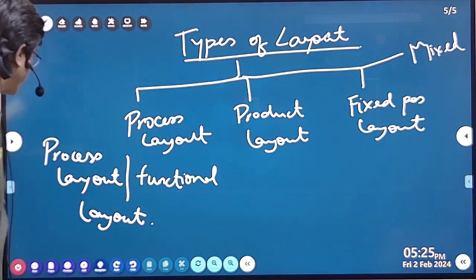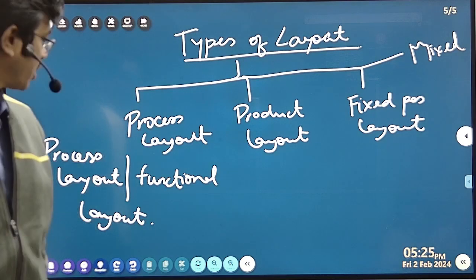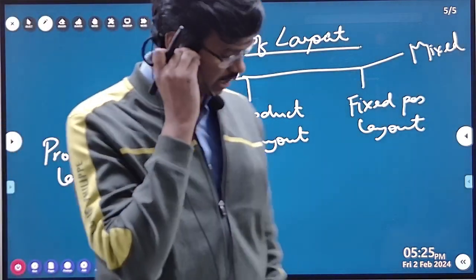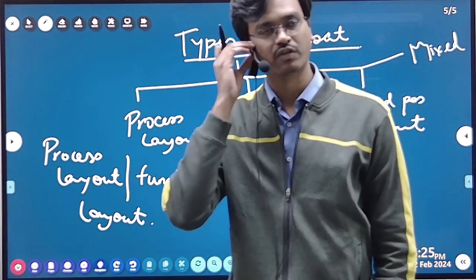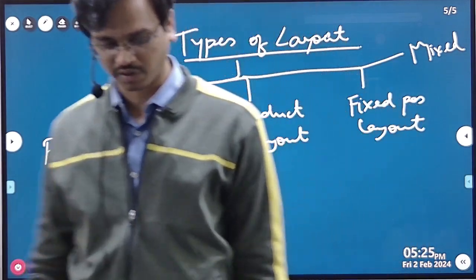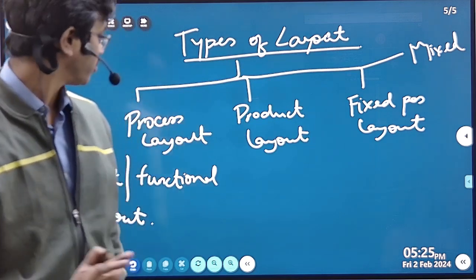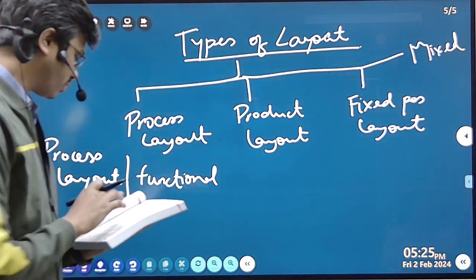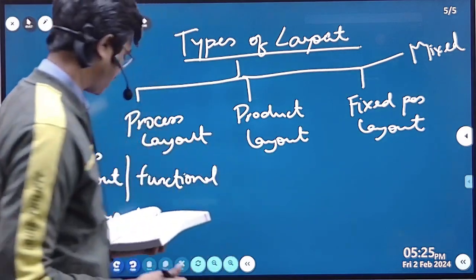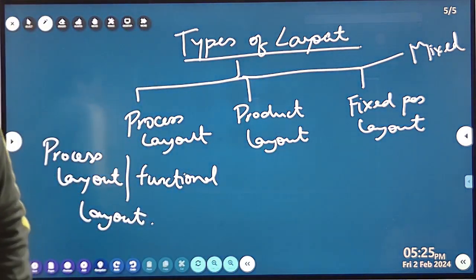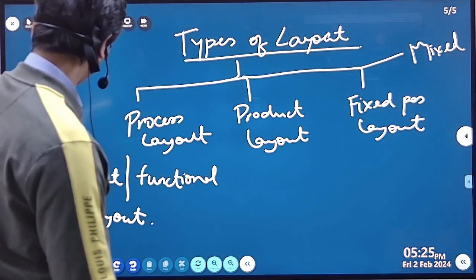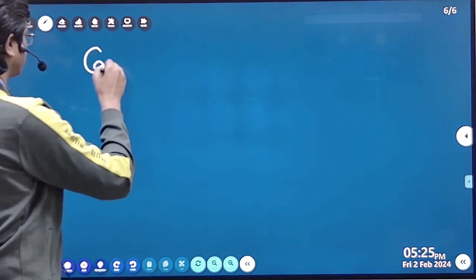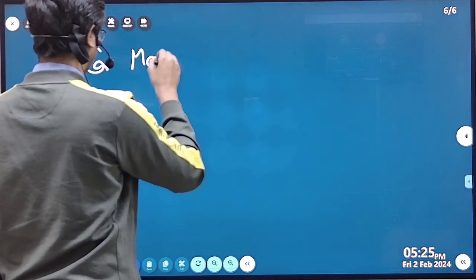Okay. So what is process layout or functional layout? Functional layout is nothing but, a layout, your facility layout will have different kinds of functions, right? So suppose you are into furniture manufacture, right? So let us take the example of a furniture manufacturer, or let us take a car manufacturer. Okay, so let us say you are manufacturing a car,